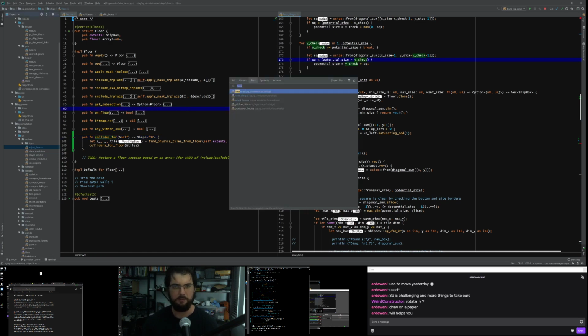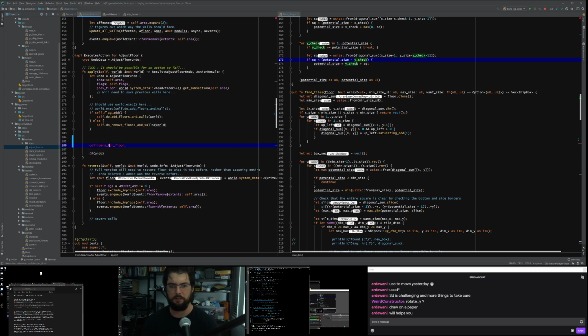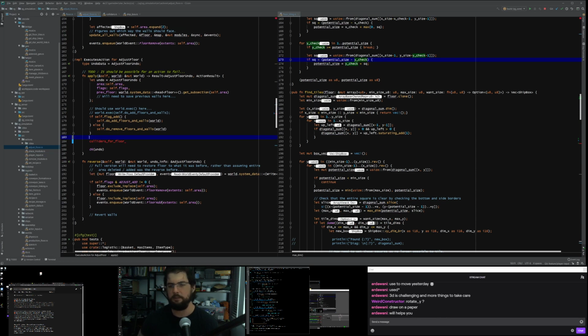update the physics collider whenever we process this adjust floor action, so that the physics collider is different. Part of the difficulty here is going to be realizing that the new collider intersects with an existing ship. So right now it's possible to actually build a floor around into a ship that exists. That'll be interesting. Probably the physics engine will do one of two things. Either the two will get stuck together forever, or they'll go pop, and the two ships will be pushed apart at great speed. Both results will probably be amusing, and either can be fixed by using the delete floor tool. So I'm not too fussed about them. Let's see how it goes.